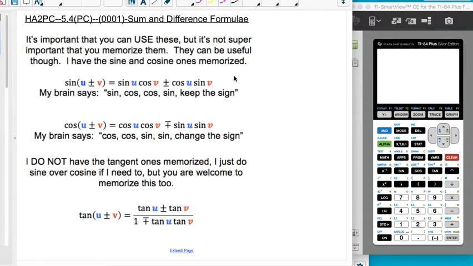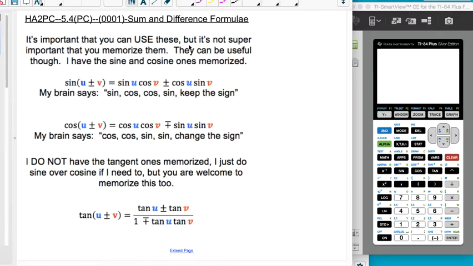All right, this is Honors Algebra 2 Pre-Calc, and we are doing 5.4 in Pre-Calc, which is sum and difference formulae. So it's important that you be able to use these formulae, but it's not super important that you memorize them. They can be useful. I have the sine and cosine ones memorized. I have not ever bothered to memorize the tangent ones, so let me walk you through the sine and cosine